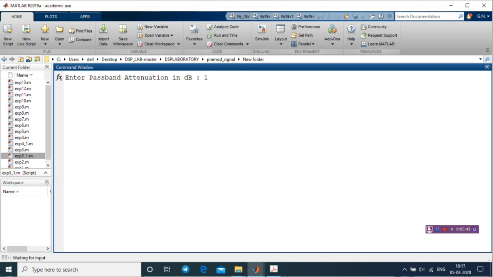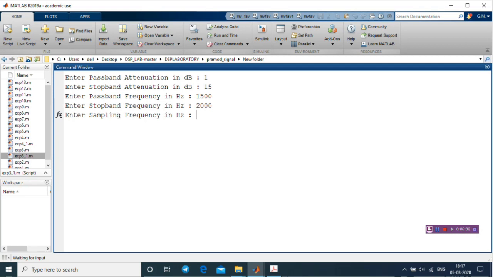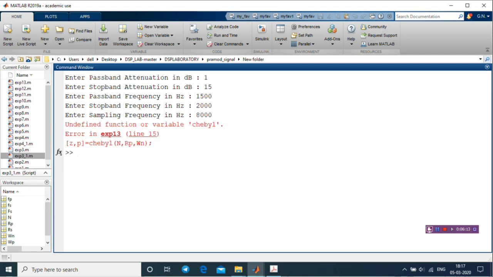So the response values are: 1, then stop band attenuation we have 15, and then 1500 passband, and then you can give your own values like 2000, but this is according to the theory which we had discussed, so it has to give the correct result.